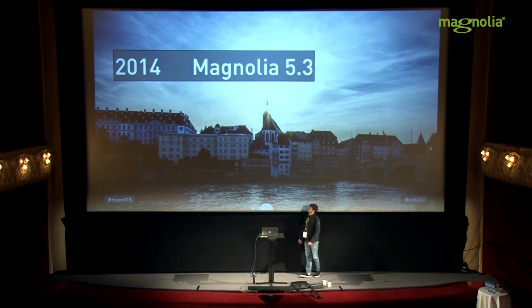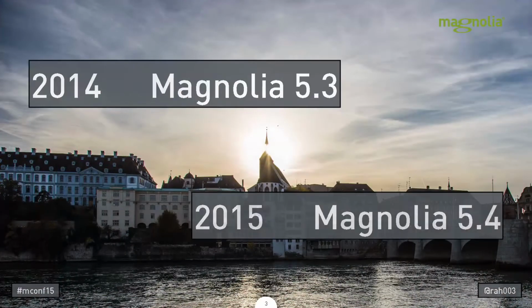So a year ago, we delivered Magnolia 5.3. There was very little happening to cache in that version. The major theme was personalization, and the only thing we did for cache was that we introduced this so-called uncacheable entry to resolve some congestion issue in the concurrent requests. But what it also made painfully obvious was that we need to do something about the cache. And you had to wait for a year to get Magnolia 5.4 with the new cache, but I hope that